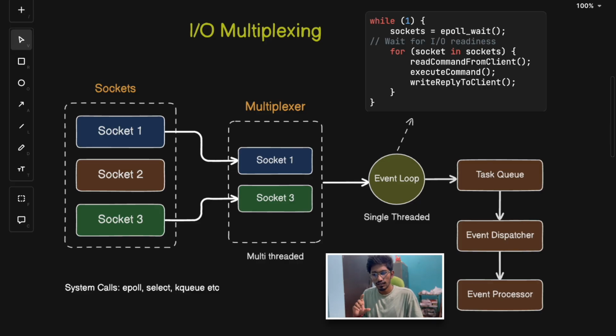So that's the first thing. I'm going to explain with a scenario, but right now I'm just covering the theoretical part of IO multiplexing. And the next question is why a single thread event loop is there. So Redis uses a single threaded event loop for processing all IO events that come in,